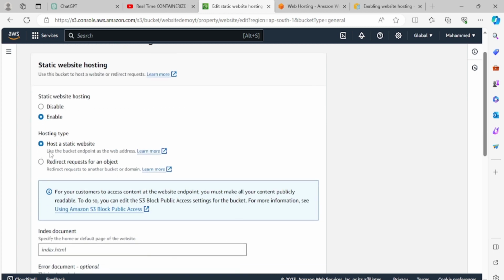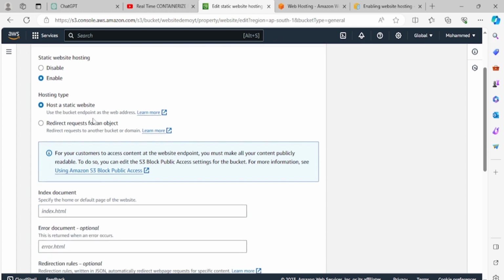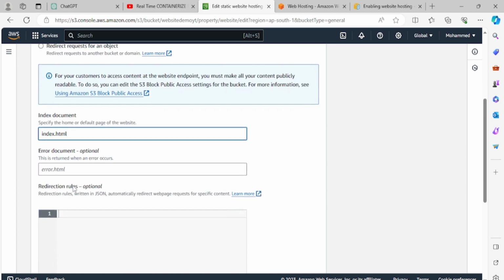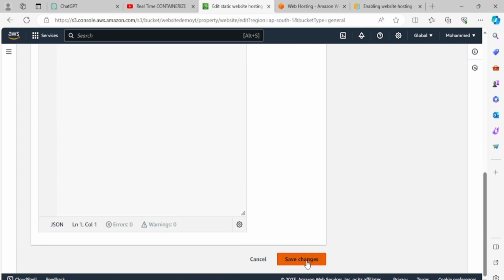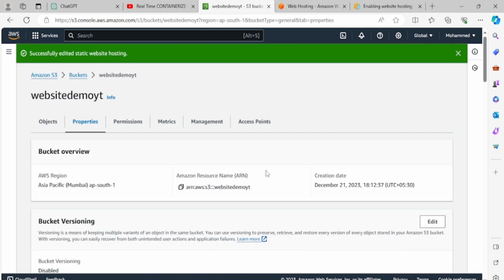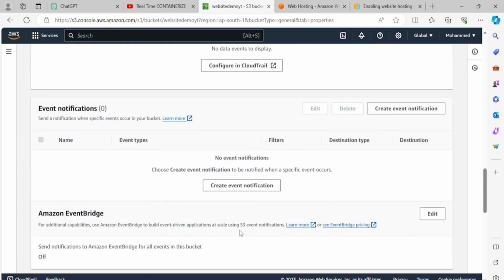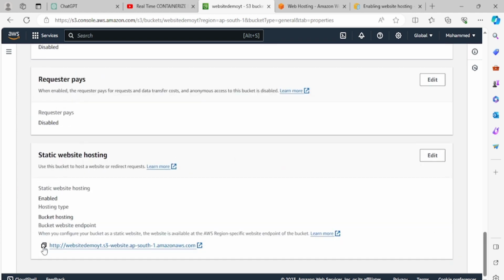So it's saying to use this bucket endpoint as a web address. When you create it here, one URL will be generated, right? So what I will do is write index.html as my default page, right? Then I will save changes. Okay, so we have successfully changed it. If you scroll down below, you will get one URL, right? If you click on this URL,